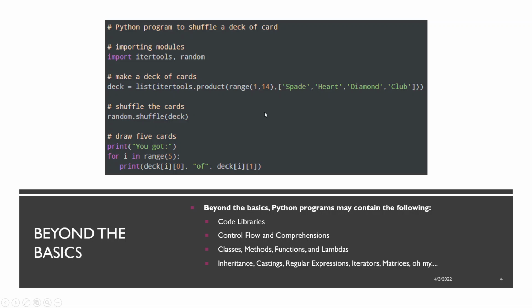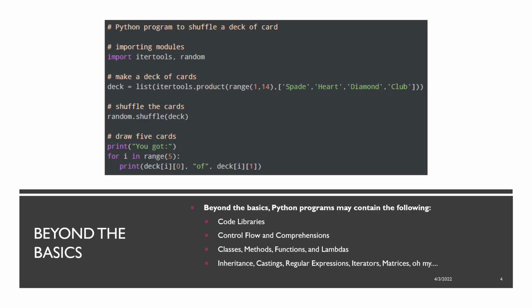It is going to be very different from what you saw in SQL. SQL is a very different type of language than Python, so it's going to have a different flavor, of course, just by looking at it. Then we've got this random shuffle, which shuffles the deck, and then we have a for loop here, and that's control flow. So this is a basic Python program,